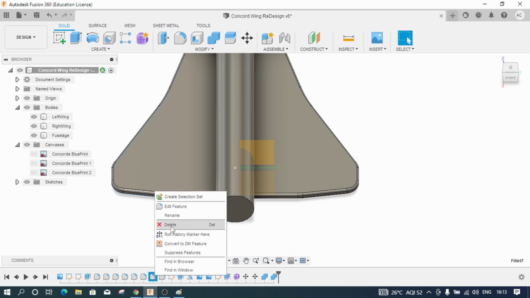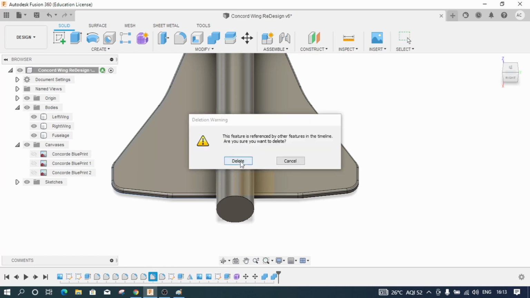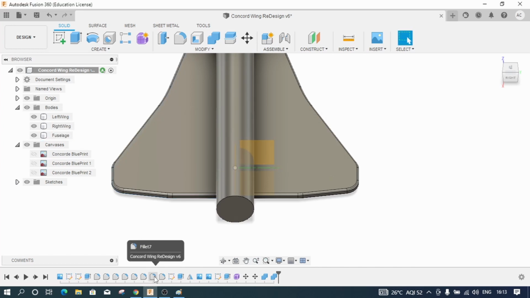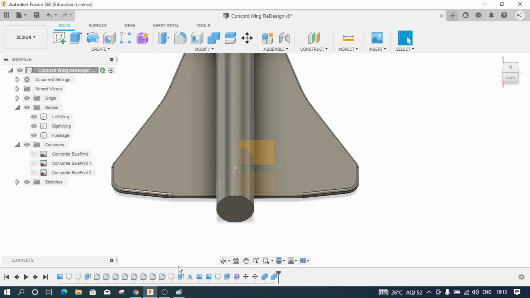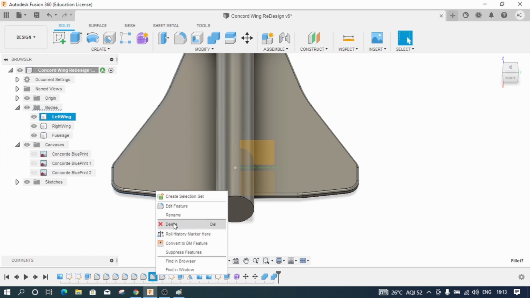I will try to delete this particular fillet. This feature is referenced by other features in the timeline. Are you sure you want to delete? I'll click on cancel. I will try to delete it.